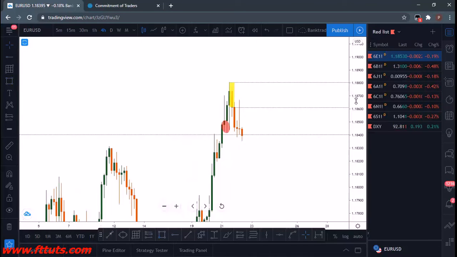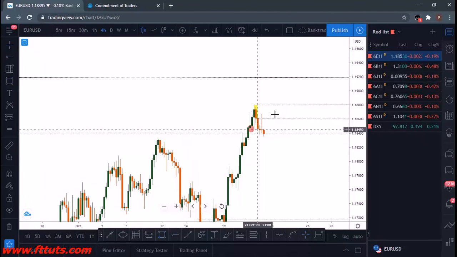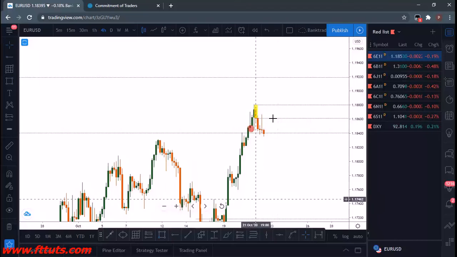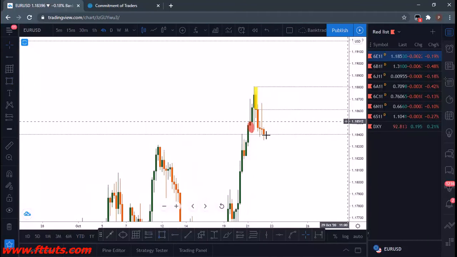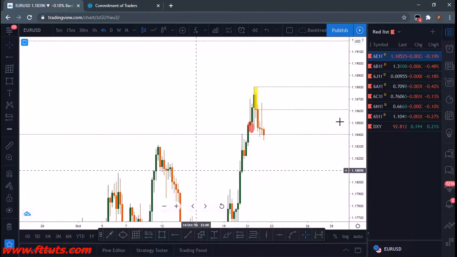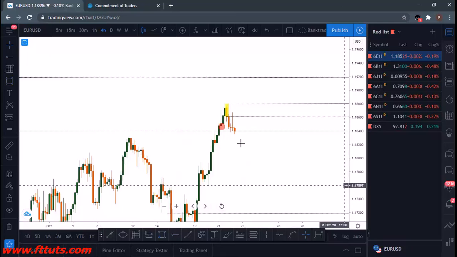Now if you're not yet on this trade, you can wait for price to come back to this area here, then you can look for your entries. Okay, if you're not on a trade here,